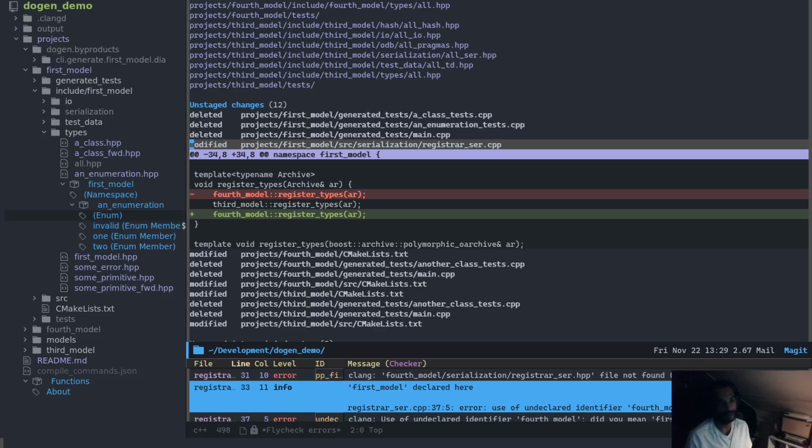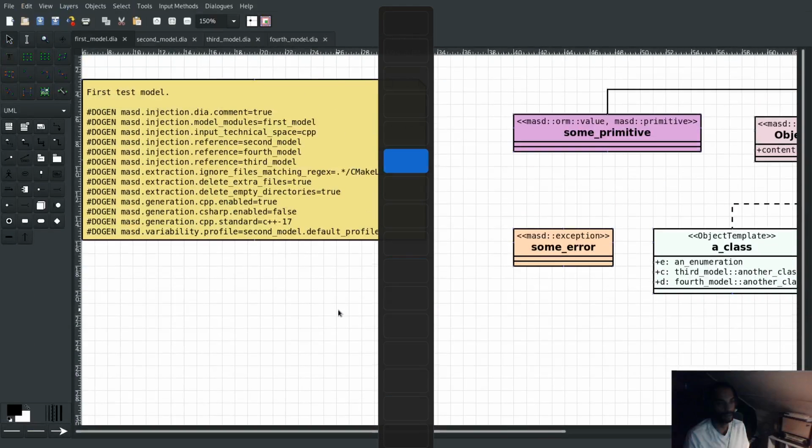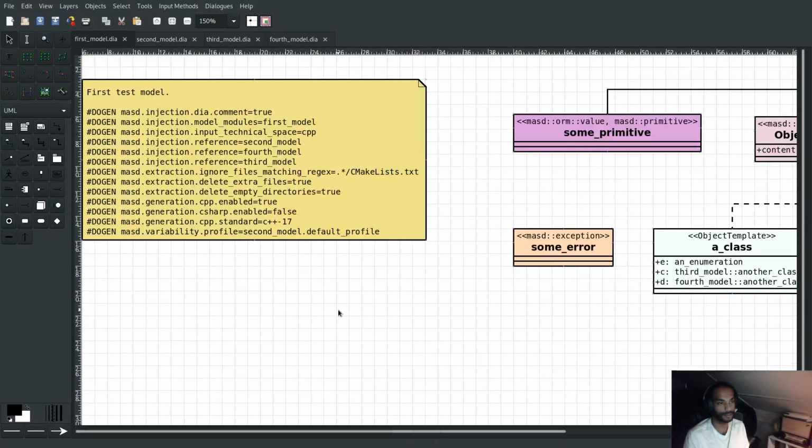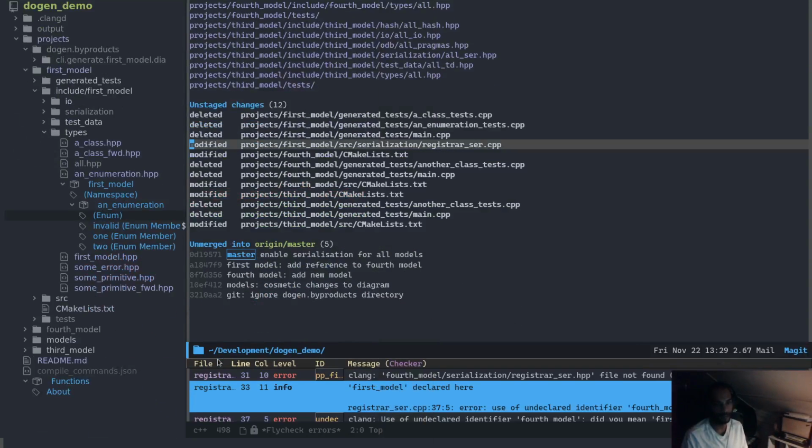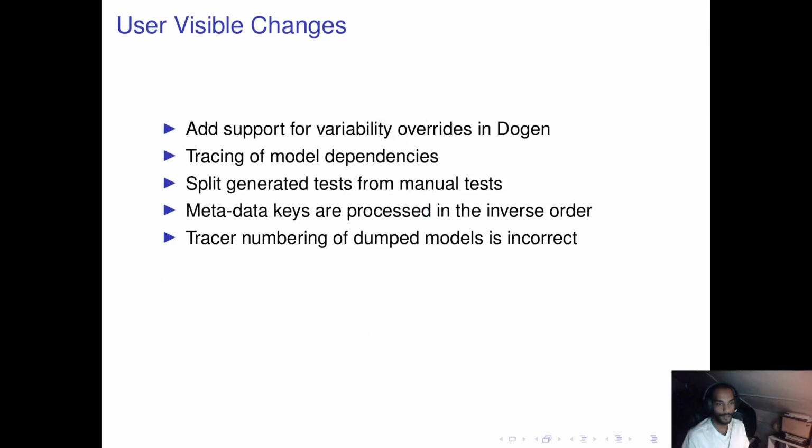So this is actually quite positive. We have found a problem here. I'm going to raise a story for this next sprint to have a quick look at why this is. But as you can see here, we're now seeing things in the right order, and this is bad, because we wouldn't expect to see things in the right order with the previous version of Dogen. So clearly there's something else happening in the registrar, which we'll have a look at. Okay, so